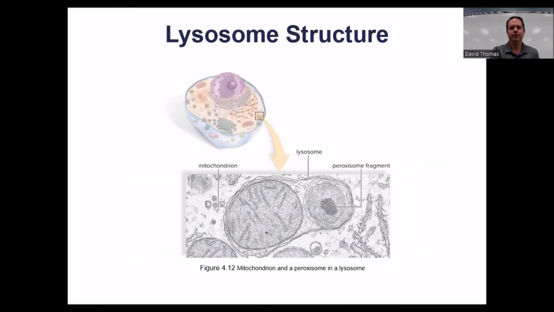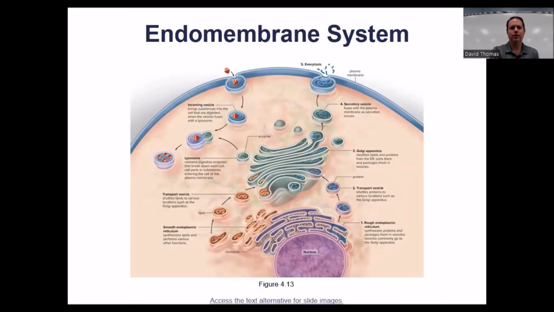Be sure to take a look at some of the figures as you go through to see what some of these look like. And so the organelles, this is a good illustration of figure 4.13. We won't go over every little step here, but this walks you through what's going on with this endomembrane system, of the packaging that takes place, of the production of the proteins or lipids through the ER, the packaging that's taking place in the Golgi, creating these vesicles,